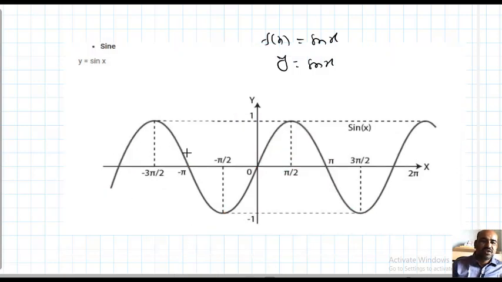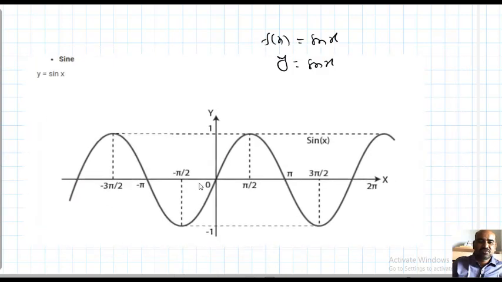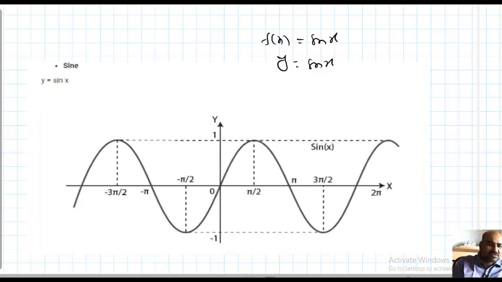Okay, students, important observations. This is the graph of the sin function. You should remember it like this. If x is 0, y is 0 here only. x is pi by 2, y is 1, meaning the ordered pair here is pi by 2 comma 1.